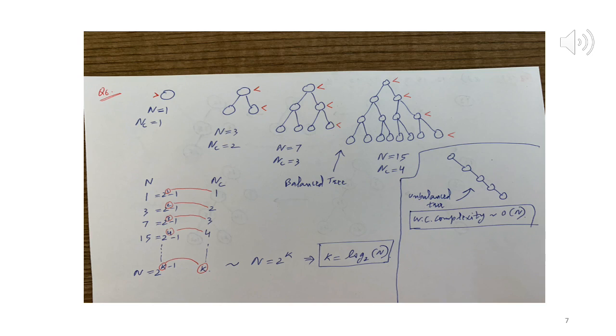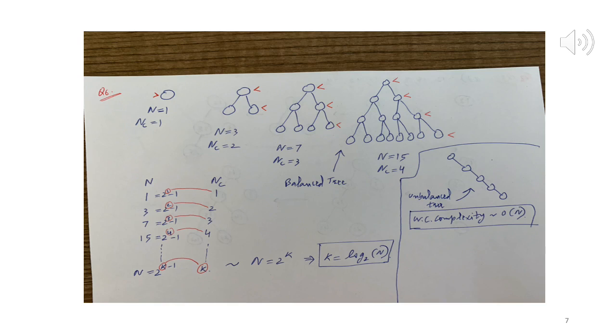So now if you look at the unbalanced tree, what is the complexity here? Unfortunately we are not able to exclude nodes, and in the worst case we'll have to examine all of the nodes. So let's say the nodes are 1, 2, 3, 4, 5. 1 is the root, 2 is the right child of 1, 3 is the right child of 2, 4 is the right child of 3, 5 is the right child of 4. So 1, 2, 3, 4, 5, top to bottom. In this case, the worst case is you have to do 5 comparisons. So worst case complexity is n.